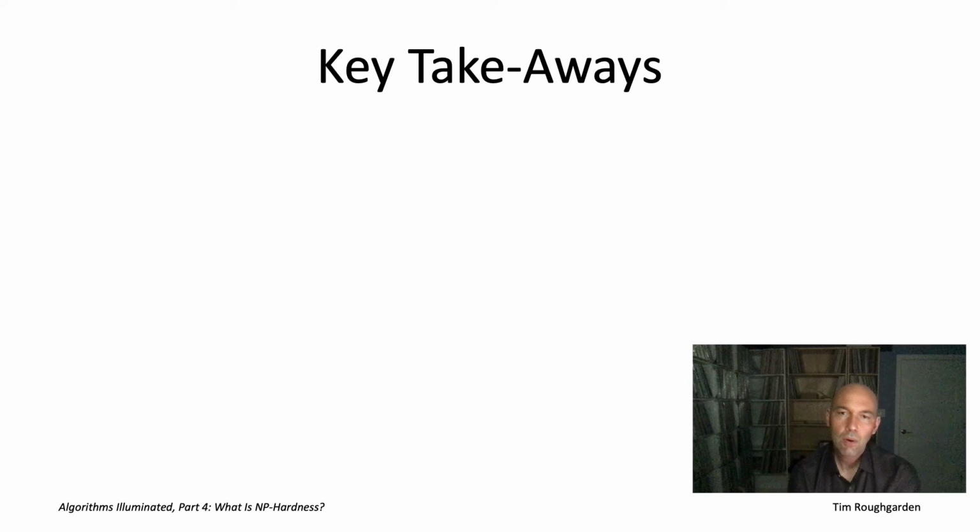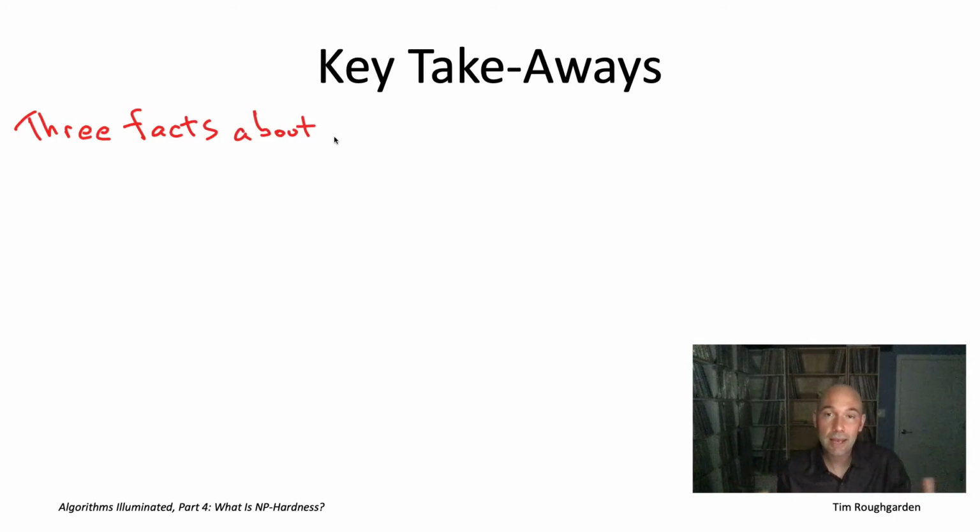Two videos ago, I talked about the various levels of expertise you might want to have in the mastery of NP-hardness. Level 1, cocktail party awareness, so that at least, if you're a program manager, you know what one of your engineers means if they tell you that they're working on an NP-hard problem. We're pretty much now up to level 1. We have a couple more videos to go in this chapter, but you're pretty much up to level 1. So just to consolidate, let me tell you the three biggest takeaways from what we've discussed so far, things you just really have to know about NP-hard problems.